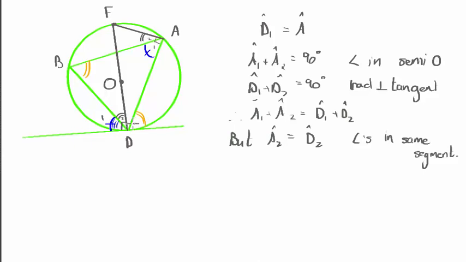So you see there's the segment, the part of the circle, and there's two angles made in that same segment. They have to start from the same point again. So angles in same segment. So if A is equal to D, then that must mean that A1 is equal to D1. Make sense? You guys happy with that?